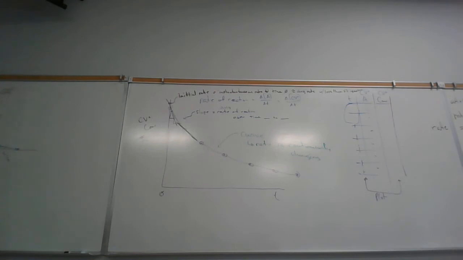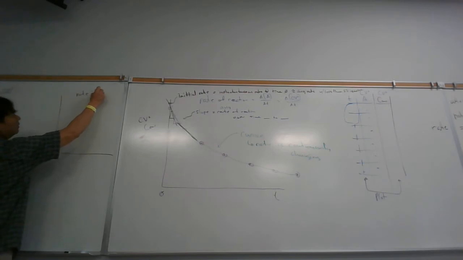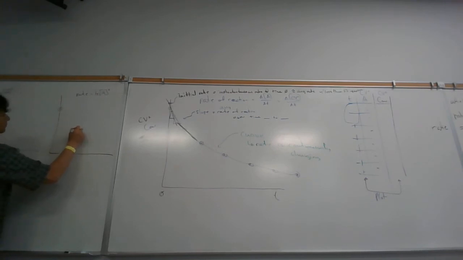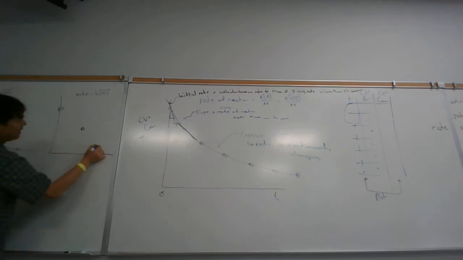This is very different than if we had zero order. If we had zero order, let's say the rate were equal to k A to the 0. That would be zero order. And the way it would look is like this. Okay, so the first half-life takes this long. The next half-life,